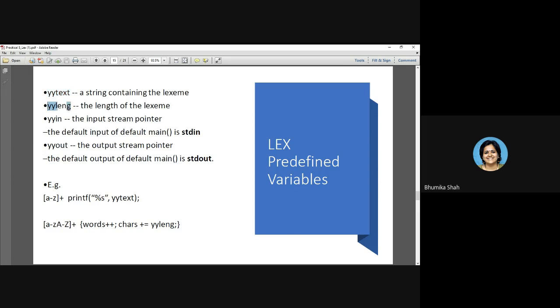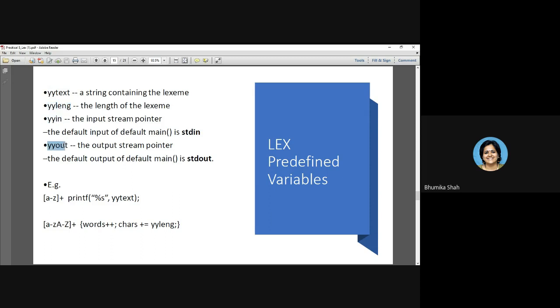What is yyleng? yyleng is for length. It returns the length of the current lexeme. Suppose yytext contains the string hello as the current lexeme, then its length as a numeric value will be stored in yyleng. What is yyin?